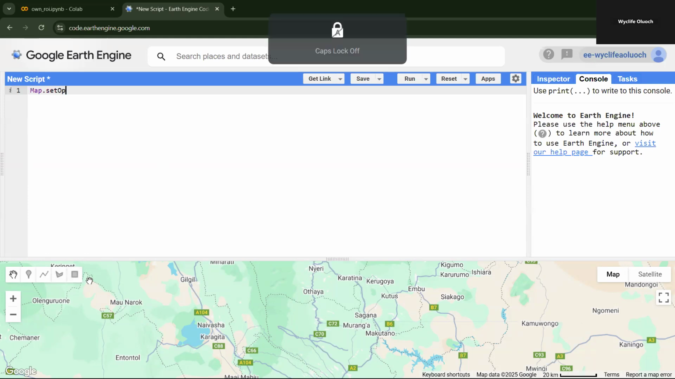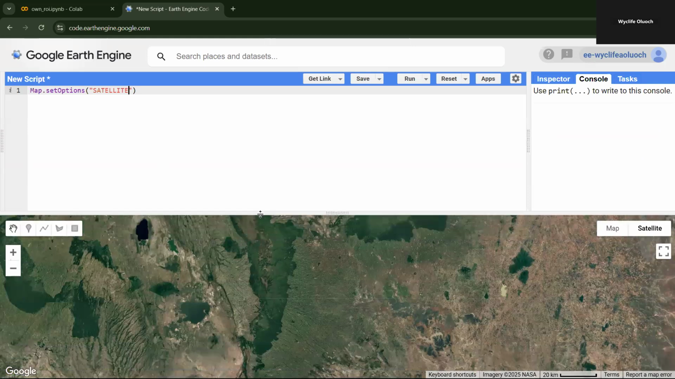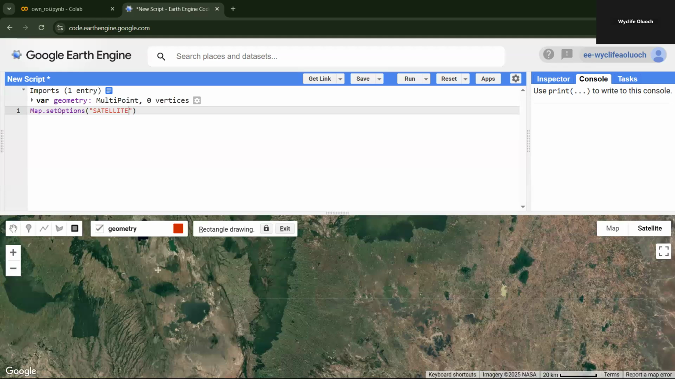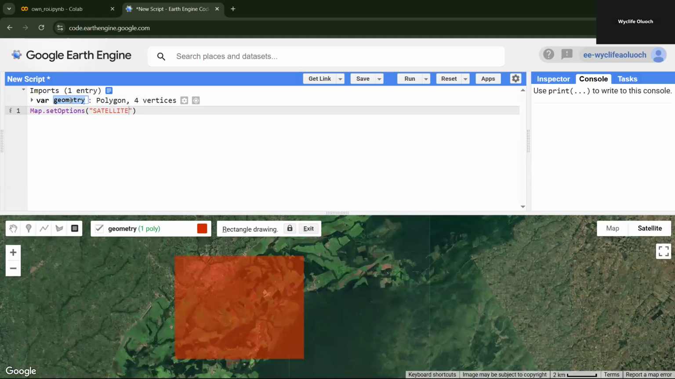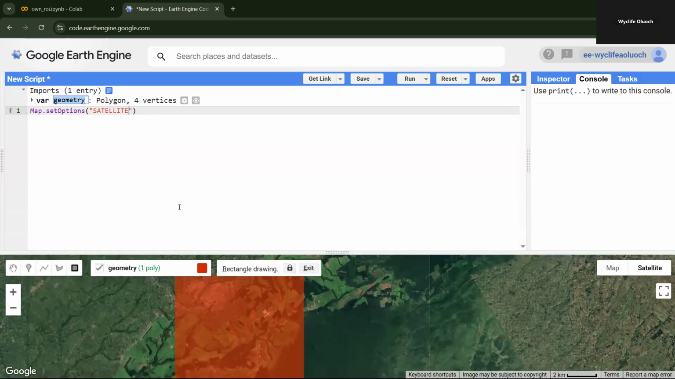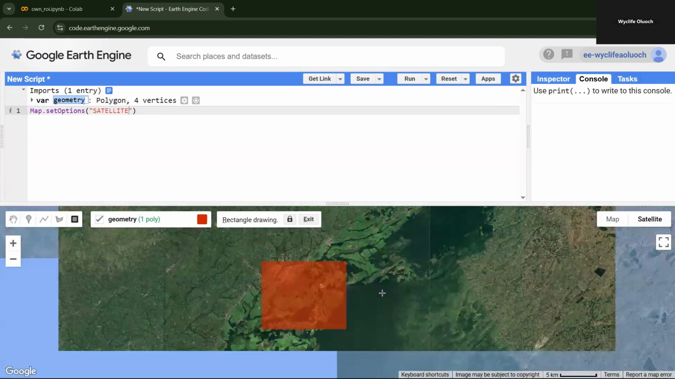Just set options here to have satellite. It's the default. So normally we use these toolbars to draw a region of interest like this, and then that becomes the geometry which you can use down for your own analysis. But then this is not